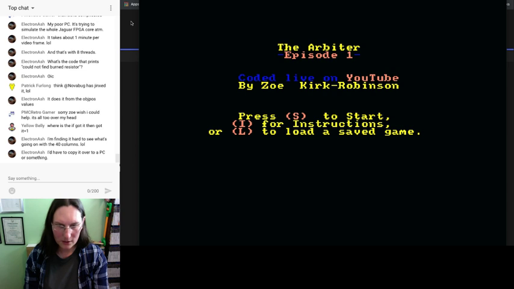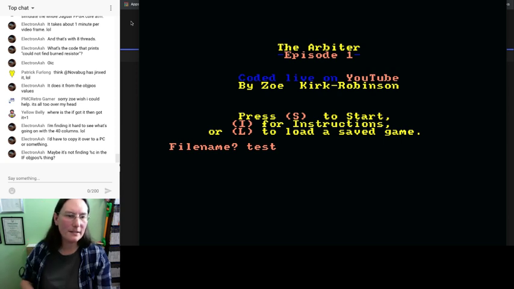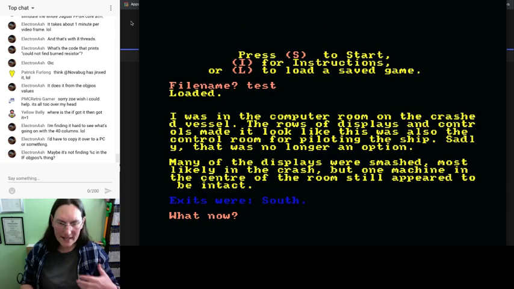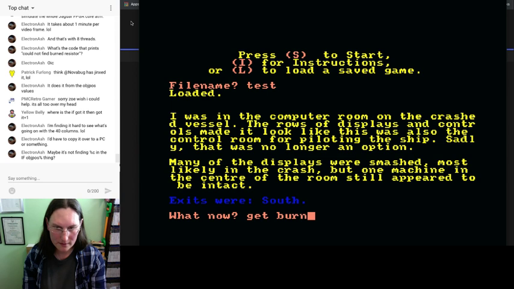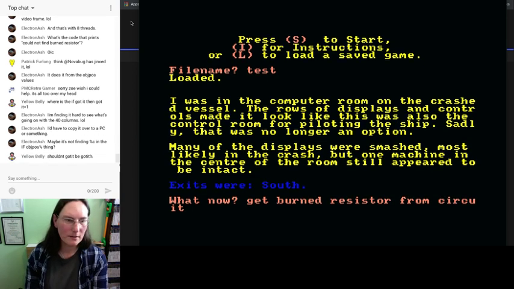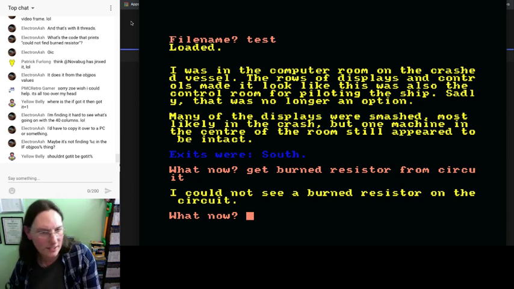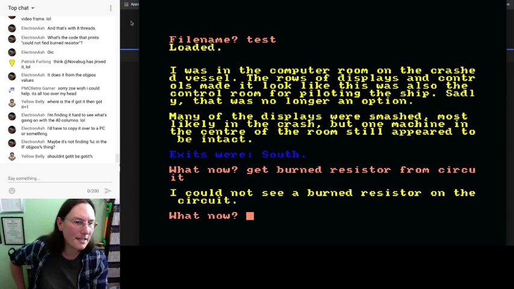Let's have a quick look. Load then. So, if I type in the thing saying get burned resistor from circuit, okay, I could not see a burned resistor on the circuit. Electronash says,